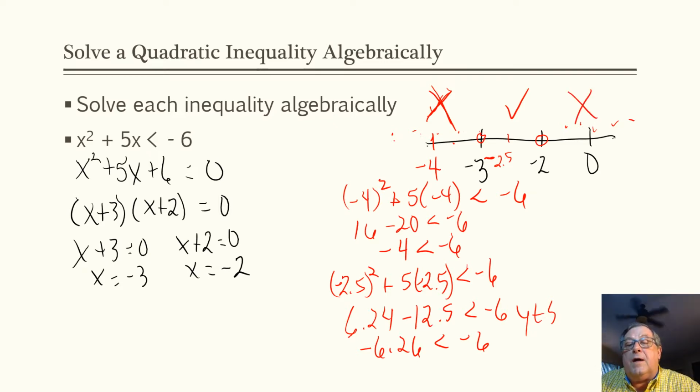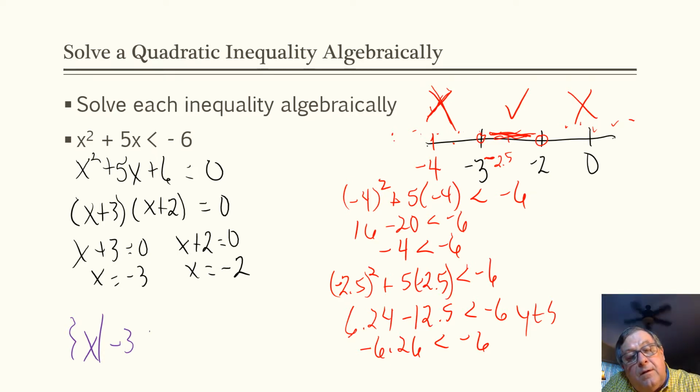And that interval fails. So our solution set here is between -2 and -3. So let's write it in set builder notation. We got x such that, well, x has got to be greater than -3. So let's say -3